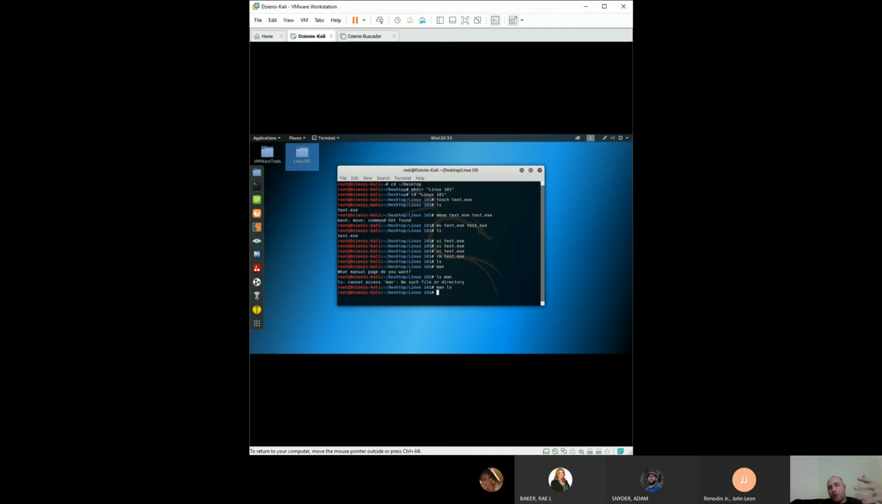Now, if you want to actually go into your command line and then switch to root, you would just type, let's see. This depends on the distribution. I don't remember what it is with Kali, but